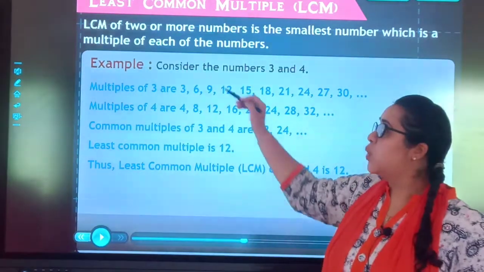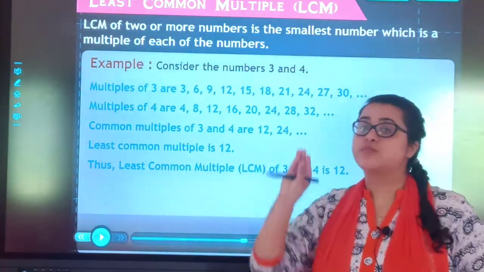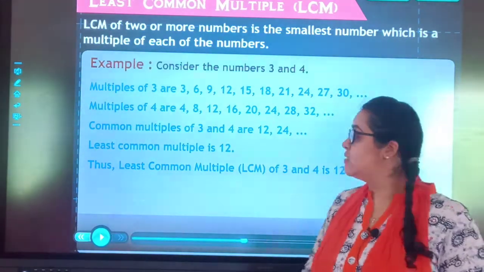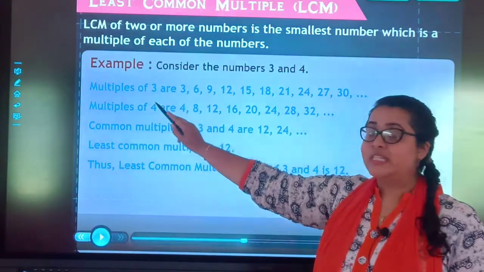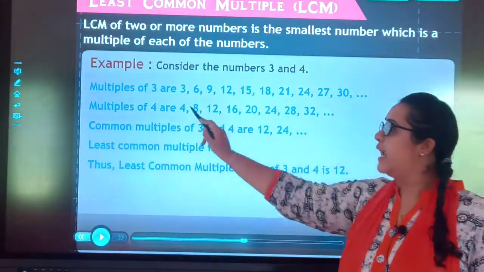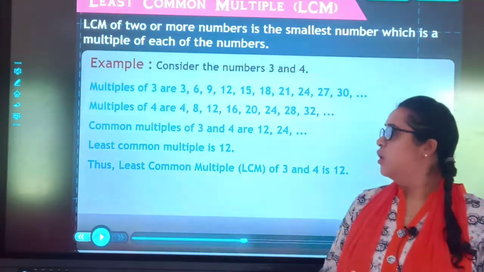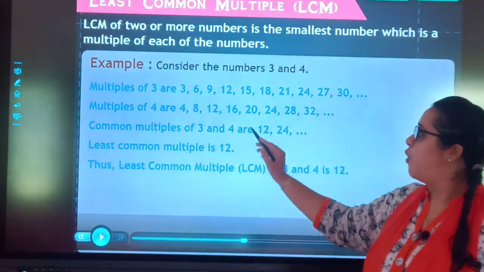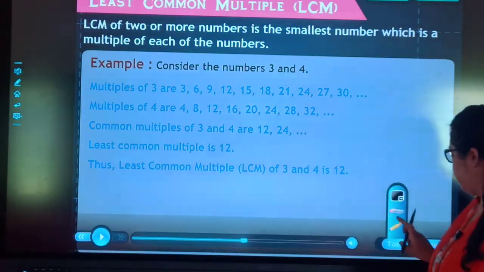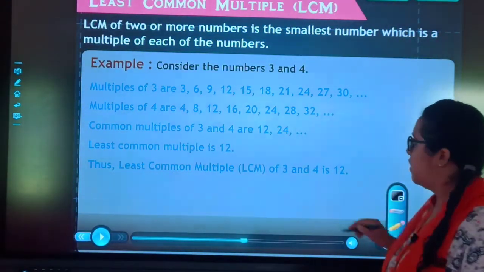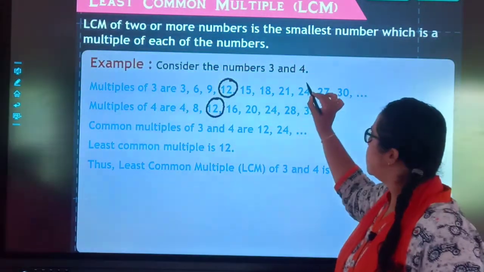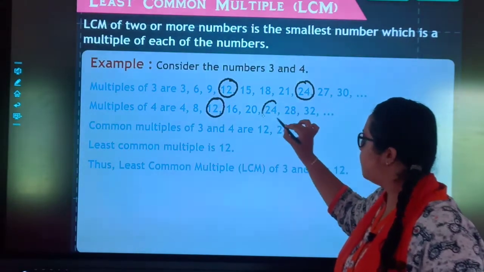them. इन दोनों का LCM निकालना मतलब इन दोनों में से कोई smallest number जो दोनों के अंदर common हो. Okay students, when we see multiple of 3 and multiple of 4 means पहले पूरा 3 का table लेगा and I'll write the table of 4. Common multiple of 3 and 4 are 12, common multiple of 12, 12, 24, 24.